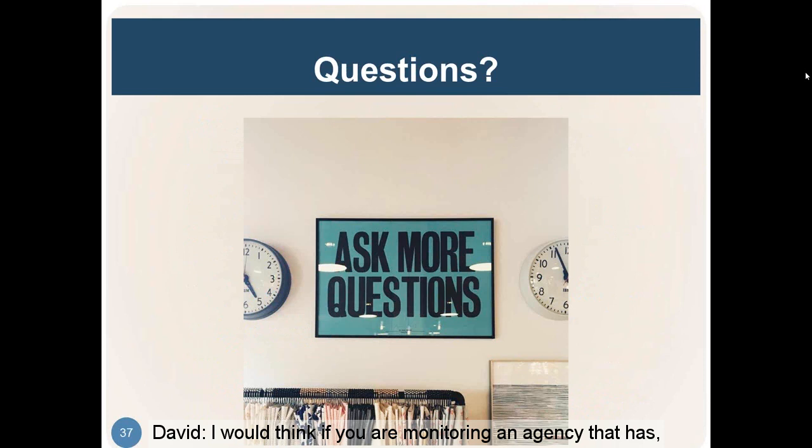I would think, if you're monitoring an agency that has some direct personnel who serve multiple programs and provide services for multiple programs to clients, and you're trying to divide up those direct costs, they should have some basis for why they did it, whether it's the total amount of activity in each program or a time study. I don't know if you've ever heard of those. They do have time studies listed in the Uniform Administrative Requirements as an allowable method.